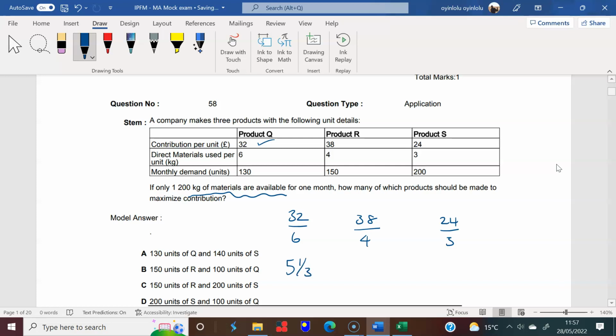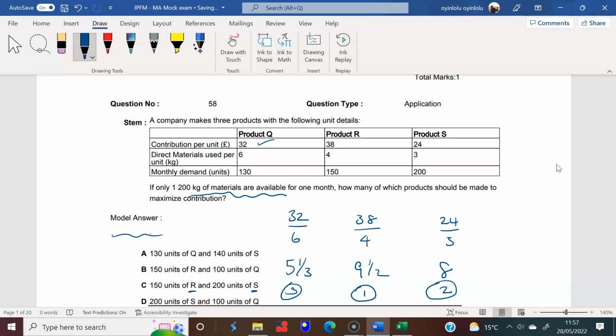38 over 4 is looking like 9.5, and this is 8. So product R gives us the best, so we should make R first, then we should make S, and then we should make Q. So let us see, in terms of order, we need to make all of R, and I can already see, so maybe I can even solve this without having to go too far. I know I have to make R, all of R, and then I have to make